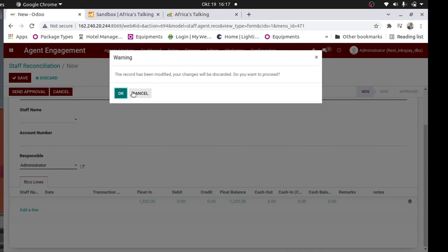And then finance, we have transaction statement. This one also